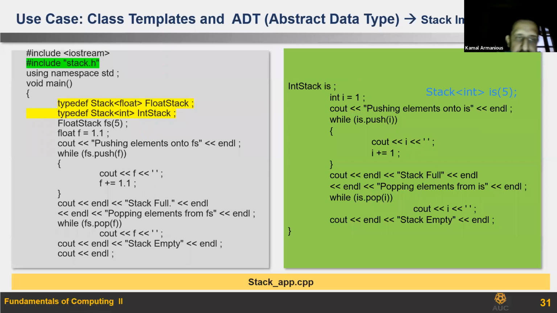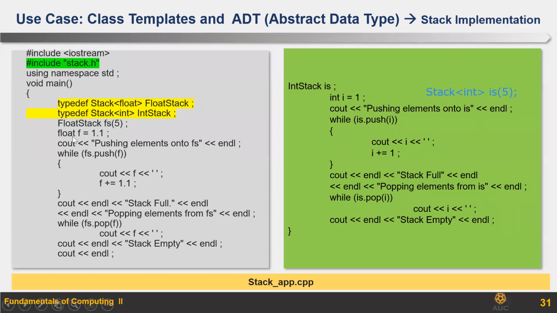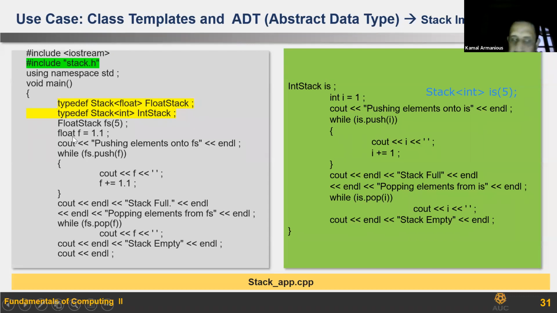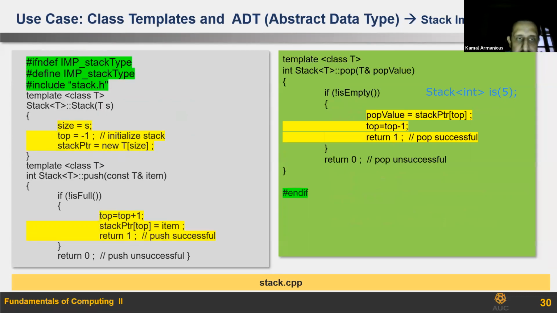Coming back, in order for all of you to understand: F is what, Yassin, here? Oh, it's a float. When we call push here, go to push here. What's T here? We replace T with what? Let me try again. T is the data type, Yassin.